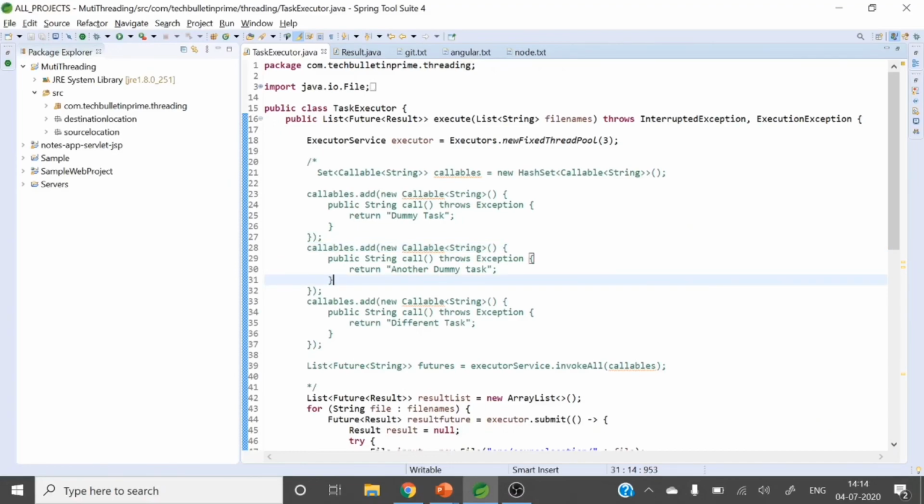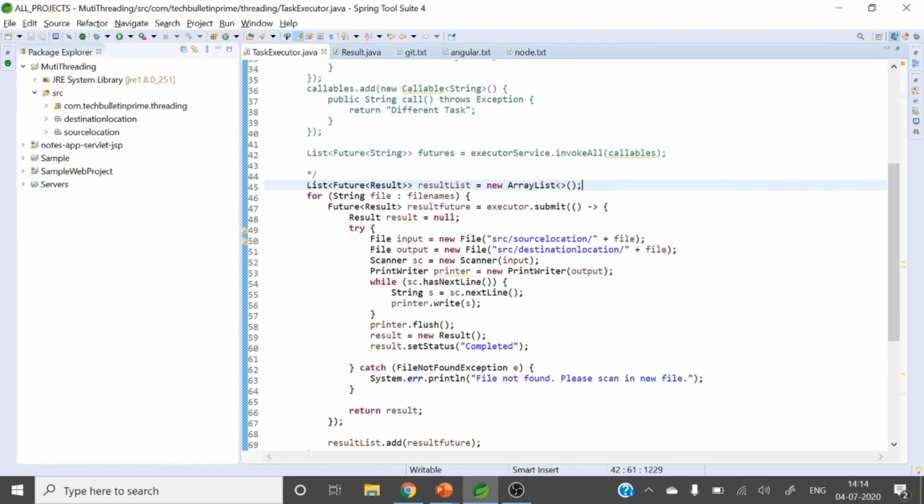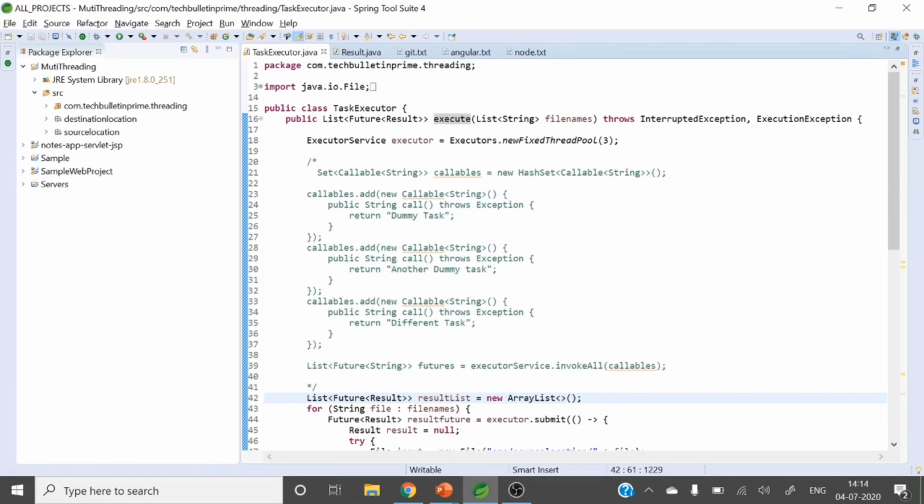So here is one method I have written. This is the class TaskExecutor, and here I have written a method called execute. In that execute method, it will take the list of file names I want to copy.